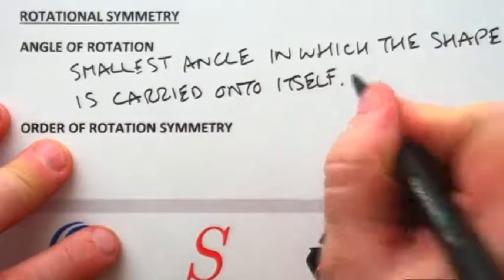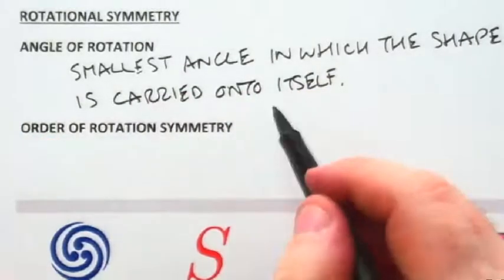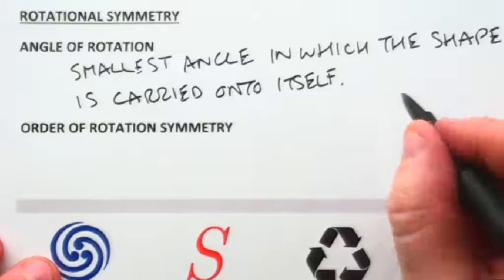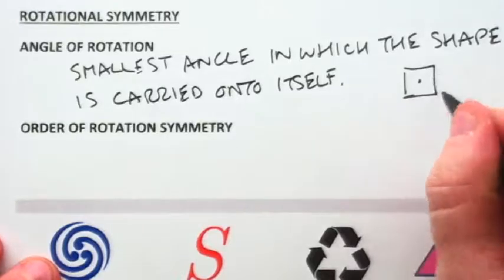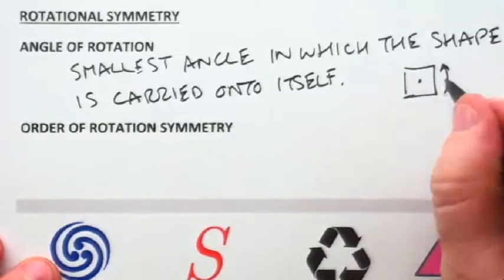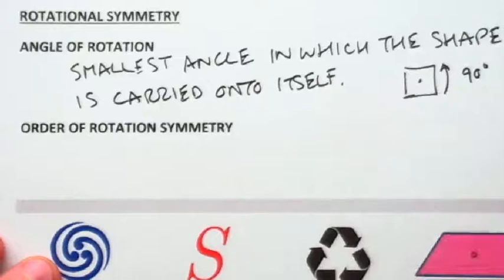So once again, this idea of onto itself. So if you can rotate our square 90 degrees and it lands on itself, 90 degrees is the angle of